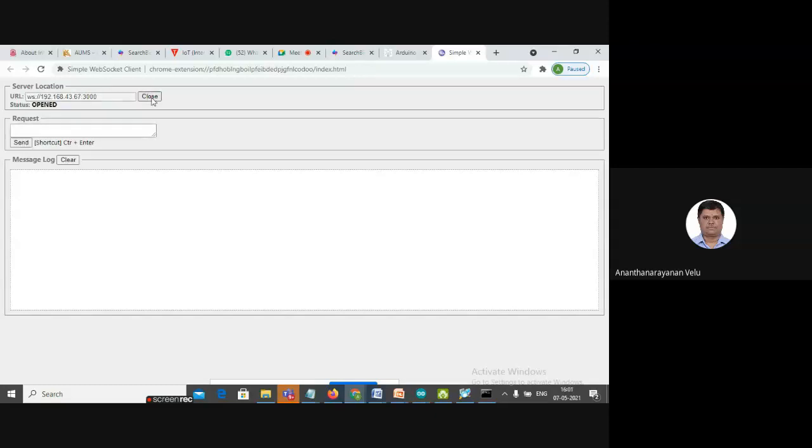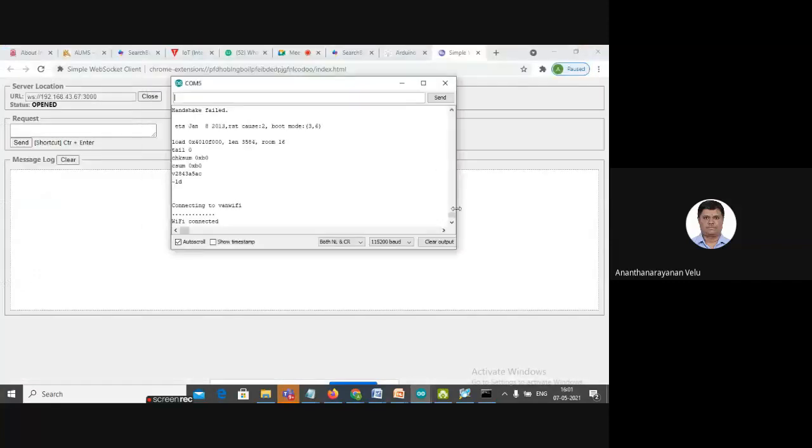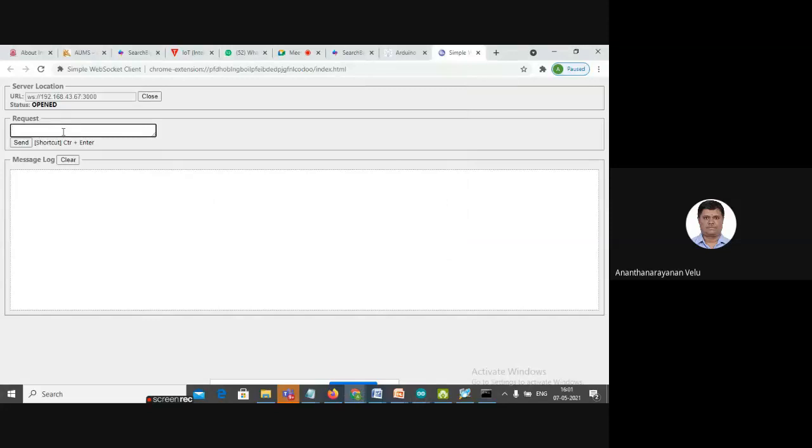When I click open, I'm able to open the connection, and if I go to the COM port, okay, if I go to the COM port, I should be able to get some information, whatever I am passing here.